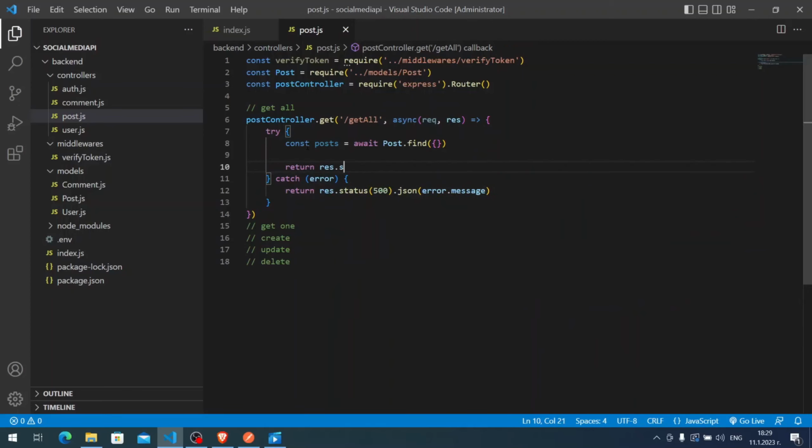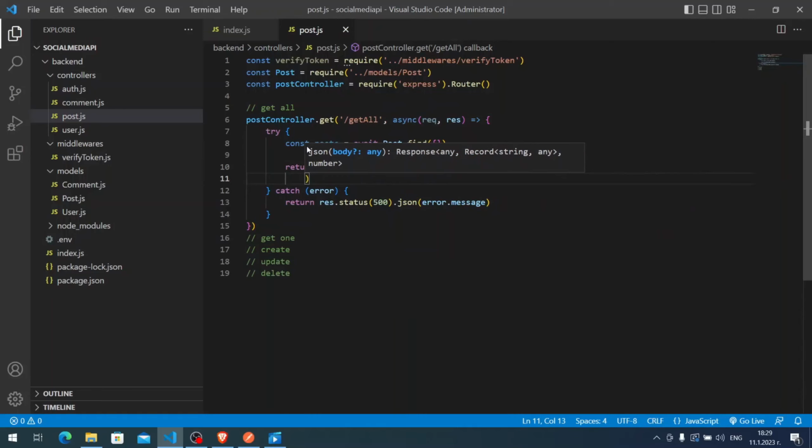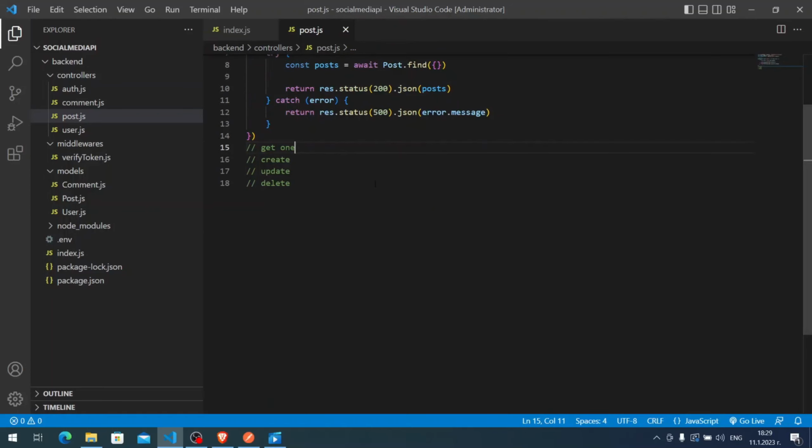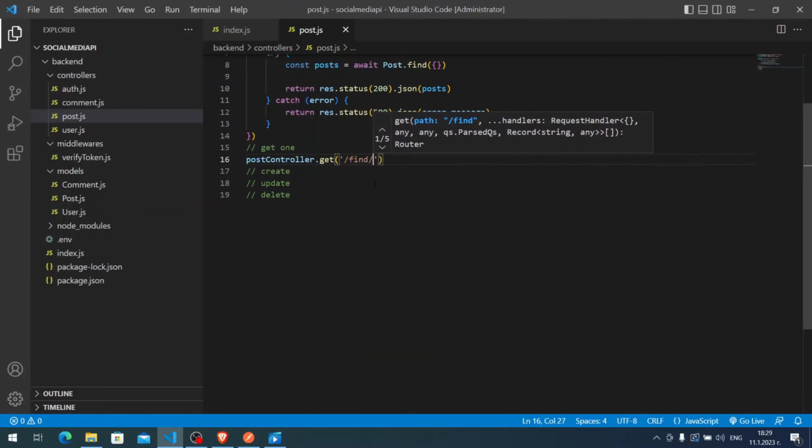And lastly, of course, we return. So return response 200.json post. Of course, this is a very easy controller. As you see, we just have 2 lines of code in the try block. So the next one is to get one. So get one post. So post controller dot get slash find slash id